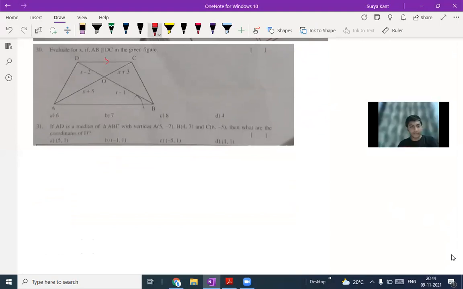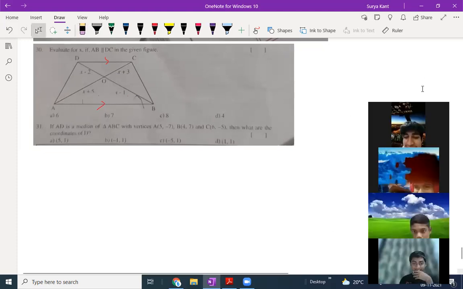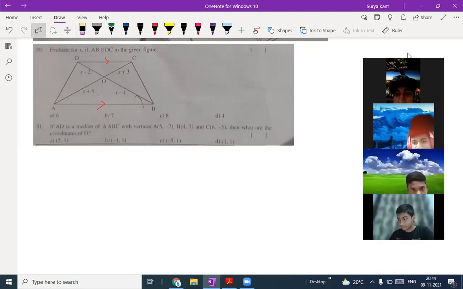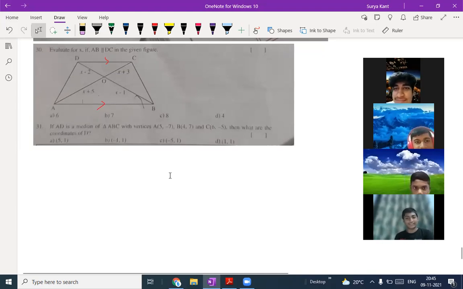Sir, what is the question? Find x. You have to find the x here. Actually, what I'm teaching that you are writing in the notebook, no? That also you are skipping everything. Sir, I just write it in the rough. Because we can't check what you are doing over there. Sir, I wrote notes at the starting, when you're teaching the chapter. But when practicing questions, I just do it in the rough.